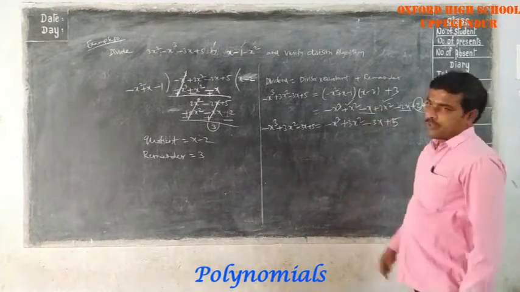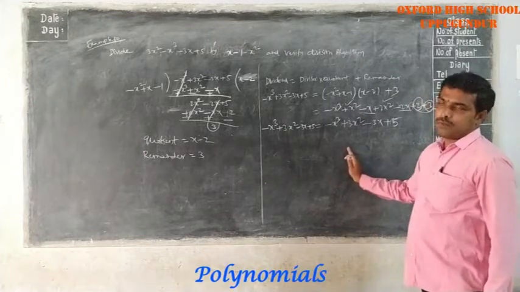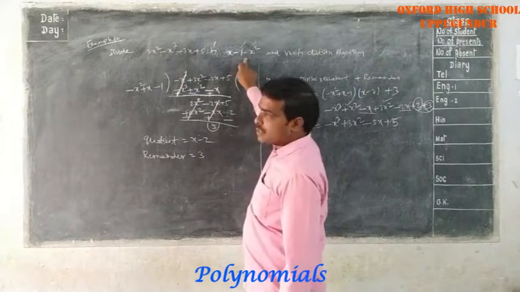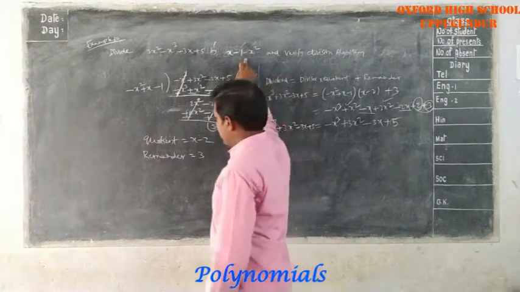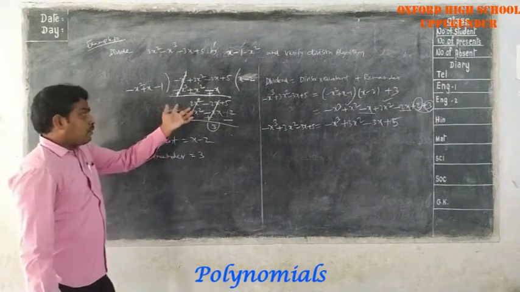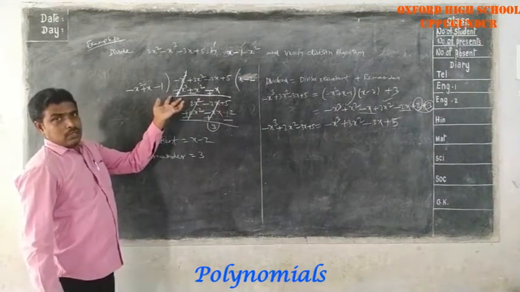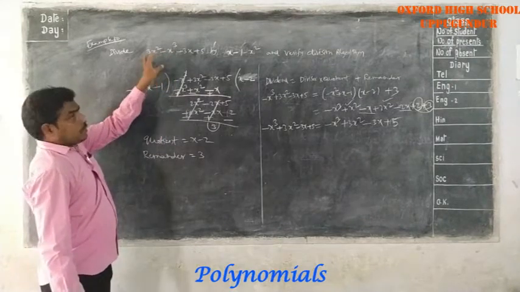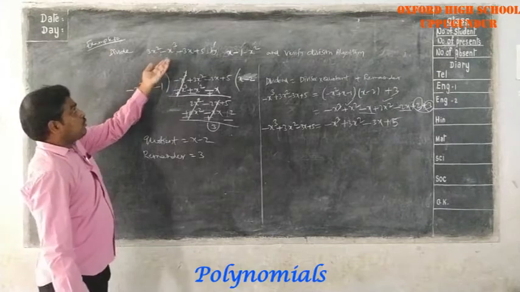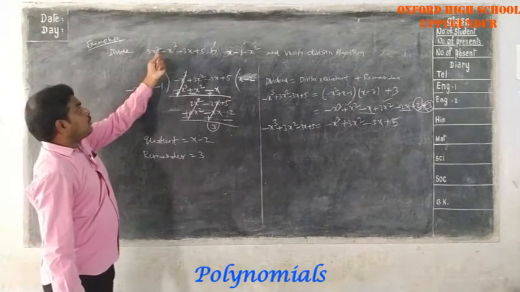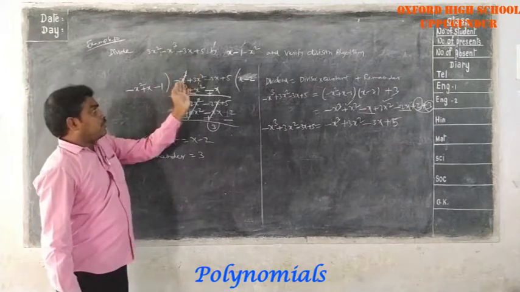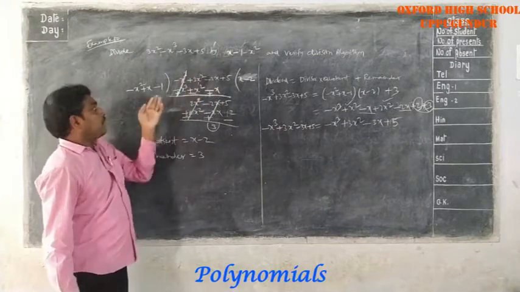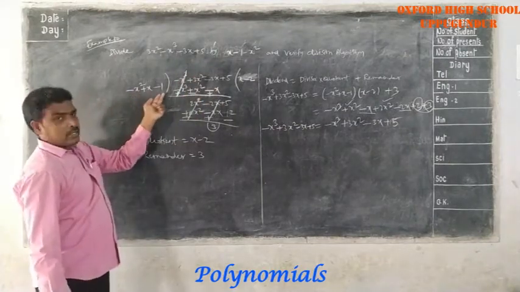So in this way you can check the division algorithm for any two polynomials. So here we are dividing this polynomial with x minus 1 minus x square. Whenever we are dividing two polynomials, first you have to write those polynomials based on descending order of their degree. So here degree 3, degree... they are not given in descending order. That's why we are writing first in descending order. Degree 3, degree 2, degree 1, degree 0. Like that in descending order we are writing the first polynomial. Second polynomial also we are writing in the same manner. Degree 2, degree 1, degree 0.